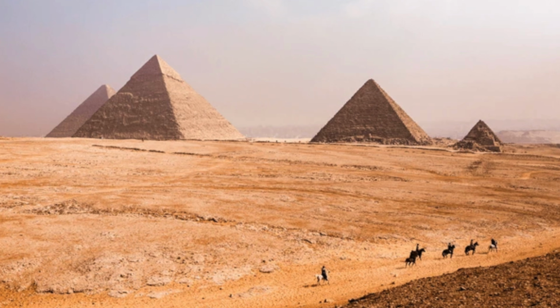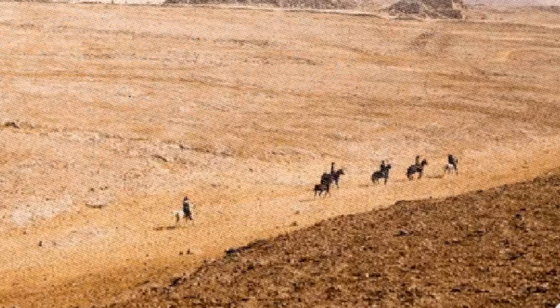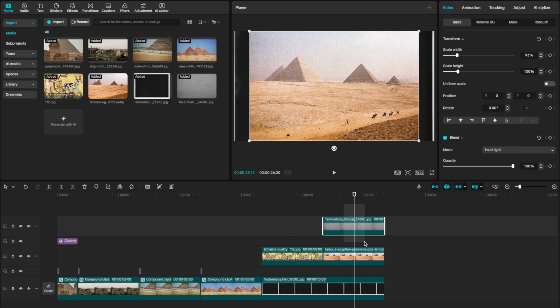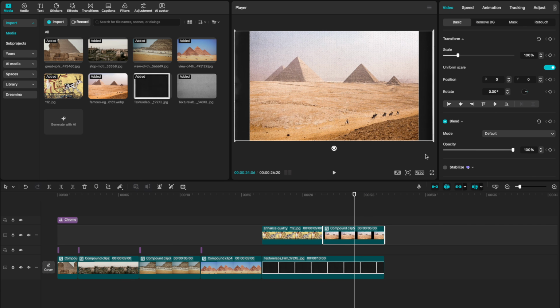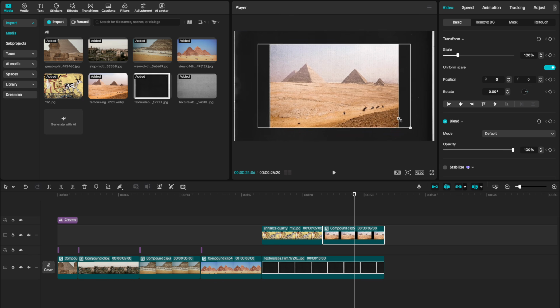it. Turning it off, we have that horrible pixelation, and turning it back on, it almost looks like an old-time scan photo, which justifies that it wouldn't be the best quality. We can then compound those clips together by selecting them and selecting Alt-G and have full ability to reframe and move this around together. So one of the things that Johnny and other documentary editors do all the time is